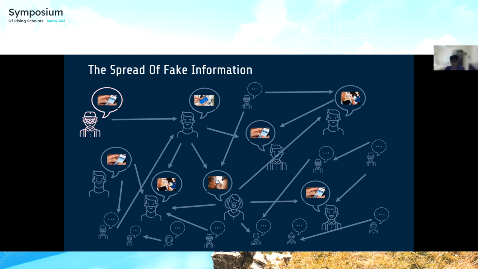So now that we know the problem, well, what can we do about it? Well, this is where artificial intelligence and machine learning comes into play. Let's say, for example, we had an artificial intelligence algorithm that could be implemented at the root of this problem. In this case, if a certain algorithm was able to predict that the very first piece of information that was tweeted by this very first person was fake, then all of these shares could be cut off and the fake news could be contained really simply.